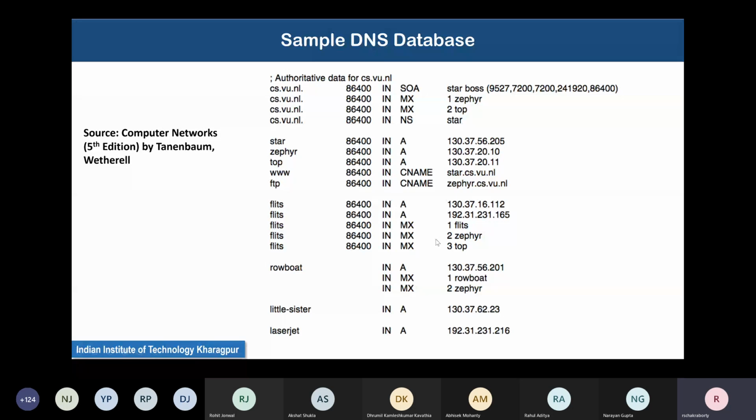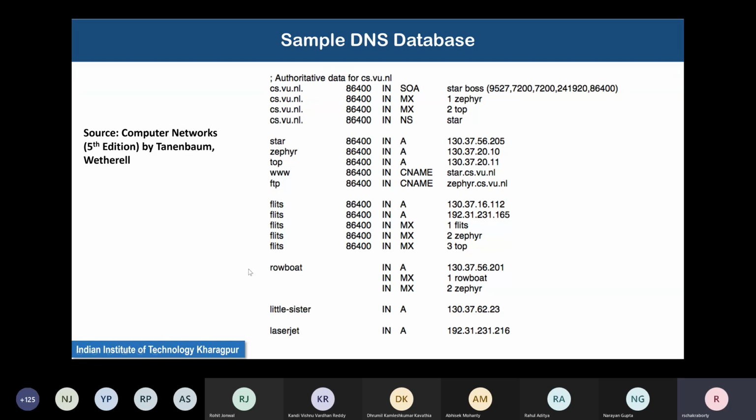One of them can also act as a mail server, and flits.cs.vu.nl can act as a mail server, but it can resolve to 3 different computers. One is flits itself, the second is Zephyr, and the third is top.